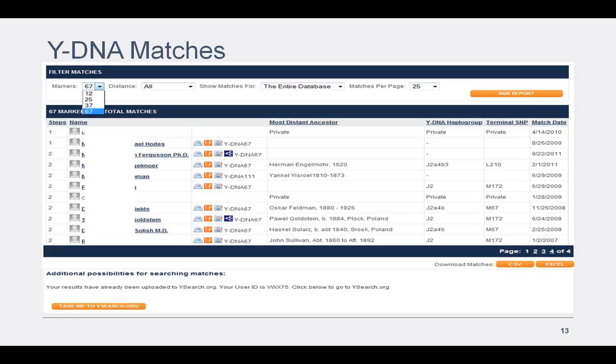When you're doing a Y-DNA test, you're only looking at the direct paternal line. And so your mother's side of the family, totally irrelevant. And even your dad's mother's family may be totally irrelevant. So really the direct paternal line is what's most relevant. And so my recommendation when you send an email to your matches is, number one,